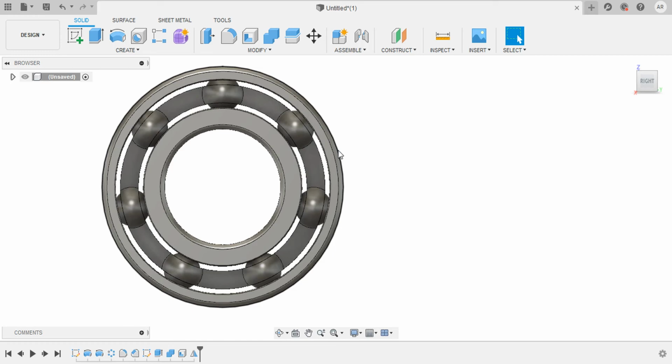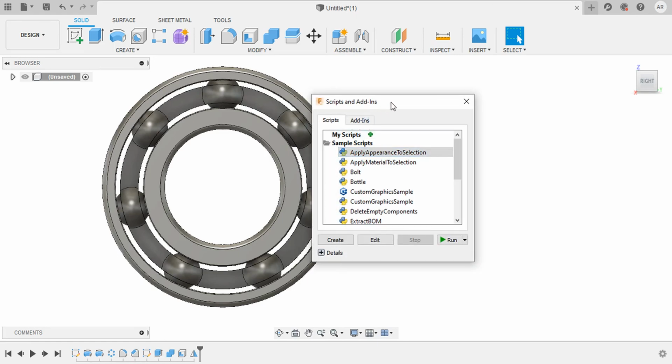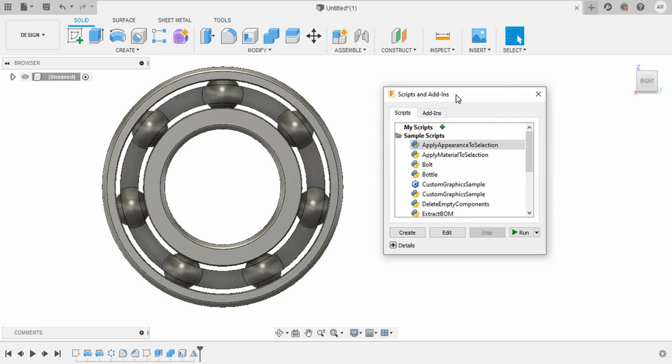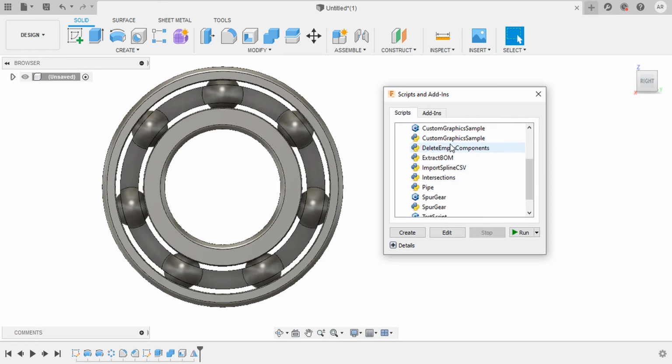Actually, there is another method for doing this kind of process. If you hit Shift S, it brings up the Fusion 360 add-ons. We have a bunch of add-ons in here. You can create this by using code. Some may have that coding knowledge. If you have that knowledge, just master these add-ons and create one.